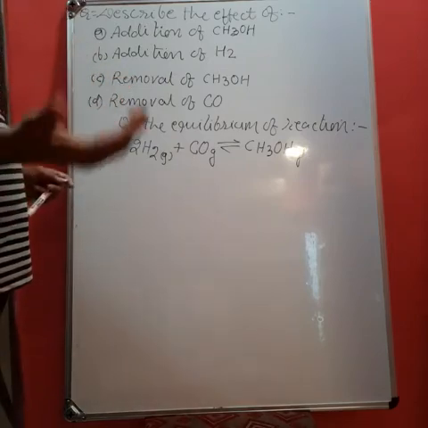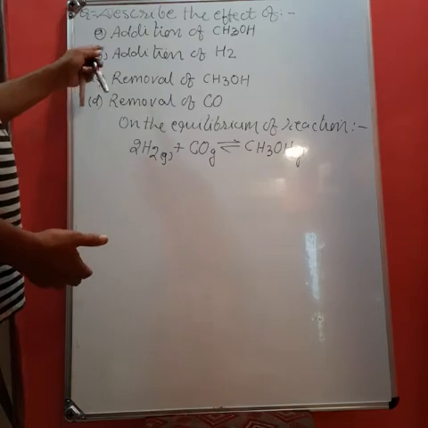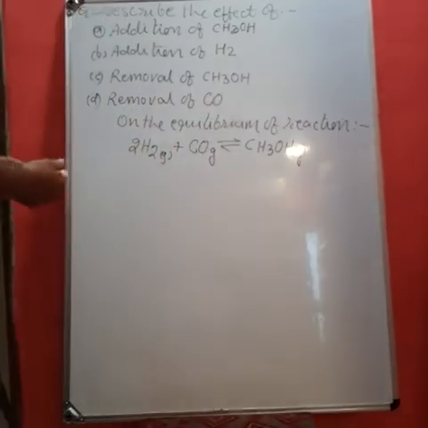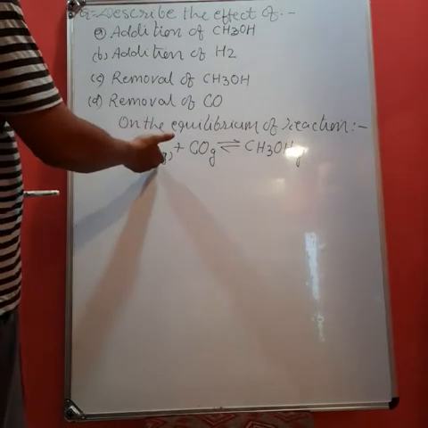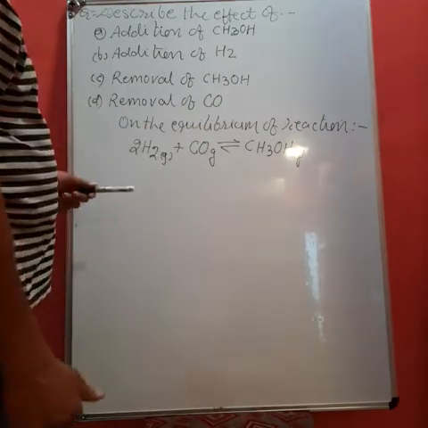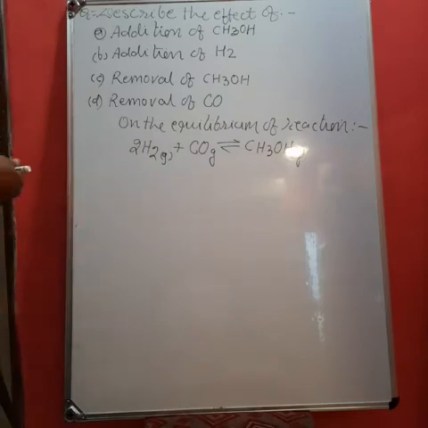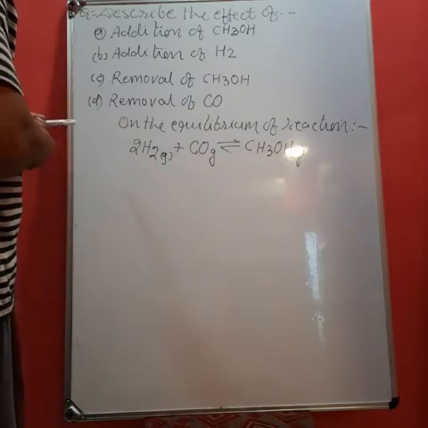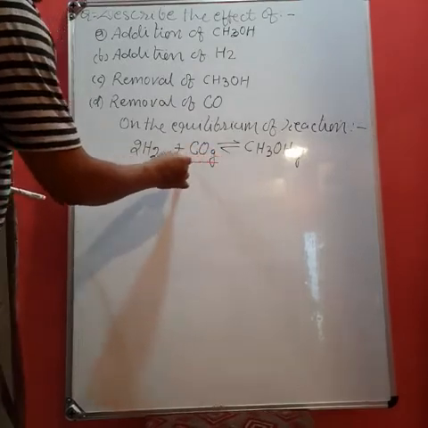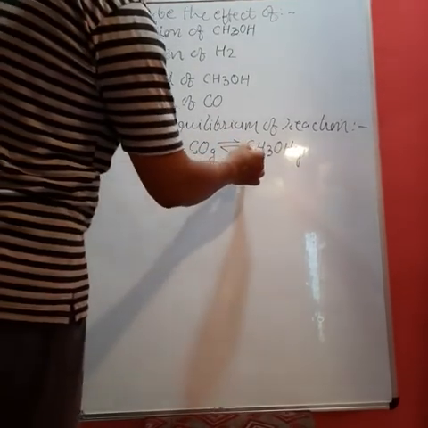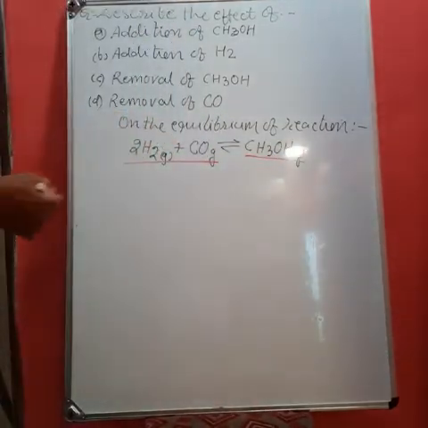Getting? So keeping this idea in mind, now we can solve the question. The equilibrium reaction is given as: when 2H2 reacts with carbon monoxide gas, it forms methanol. Getting? That means in the reactant side, there are two types of species, carbon monoxide gas and hydrogen gas, but in the product side there is only one species. So